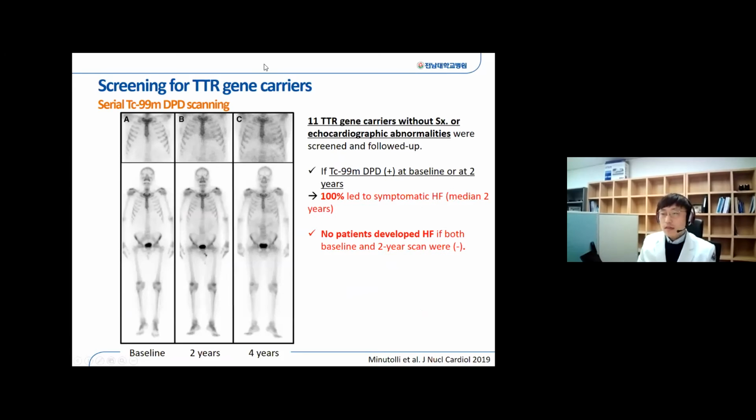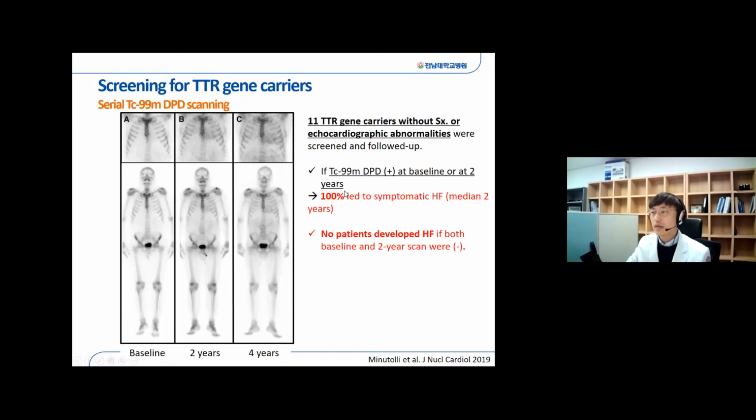Then what about the TTR gene carriers? This interesting study, which was published in the Journal of Nuclear Cardiology in 2019, showed that DPD scanning can be used for screening of the TTR gene carriers as well as the symptomatic patients. They screened the family members and the relatives of the symptomatic TTR cardiac amyloid patients. And if the technetium DPD scan was positive at baseline scan or at 2-year scan,